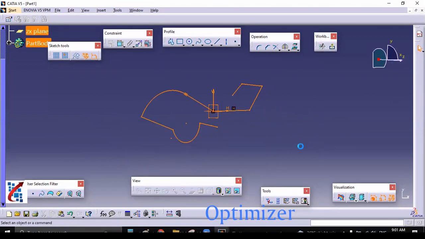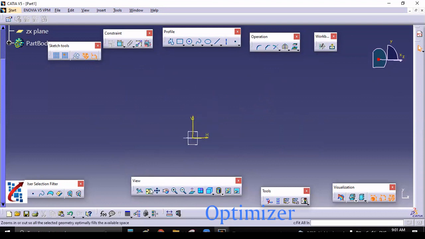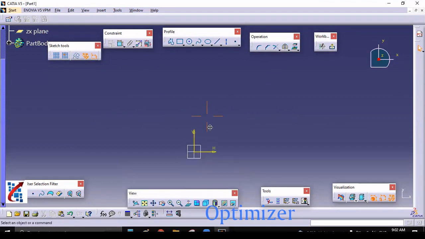So we have seen profile, from which you can draw a continuous line, and also you can draw an arc in continuation with that line. Yes. So the control Z option is there. Also, you can directly delete whatever you want. So normal functions are available with CATIA.